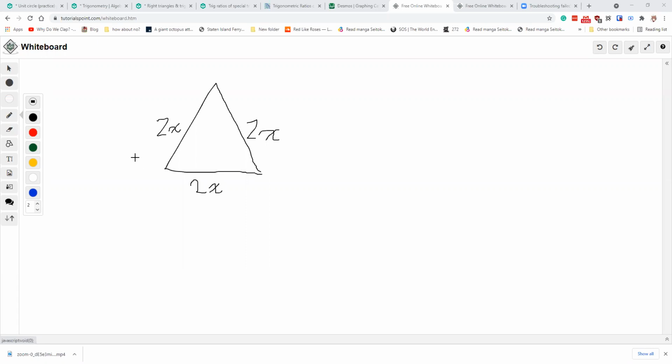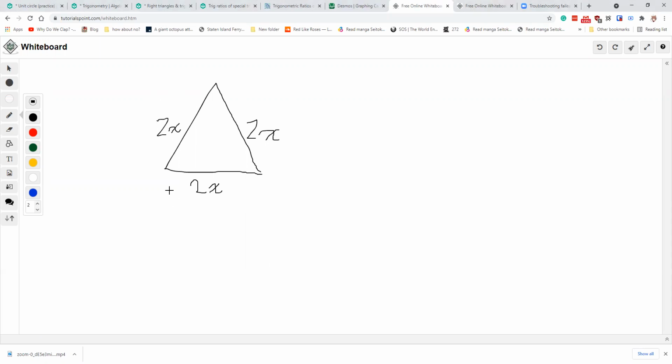Relatively quick one. In right triangle trigonometry, there are what we call special triangles, and oftentimes we just think of those as special angles in unit circle trigonometry. So, when we're thinking about right triangle trigonometry, let's start